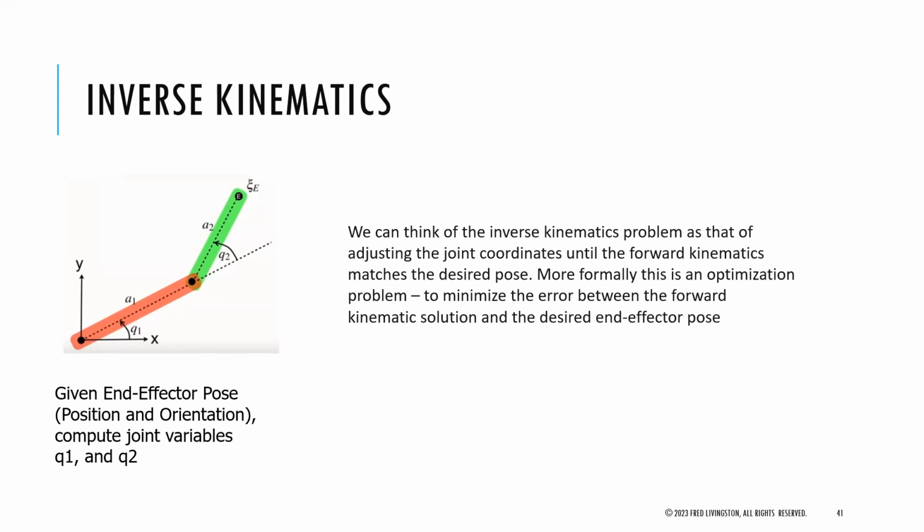So we're going to guess what Q1 and Q2 are, solve for the forward kinematics, and optimize so that the end effector equals the goal. We're just going to vary Q1 and Q2, look at the answer, and keep varying it until the end effector is equal to the target, and we can do that as an optimization problem. And when they are equal or close enough within a certain convergence tolerance,